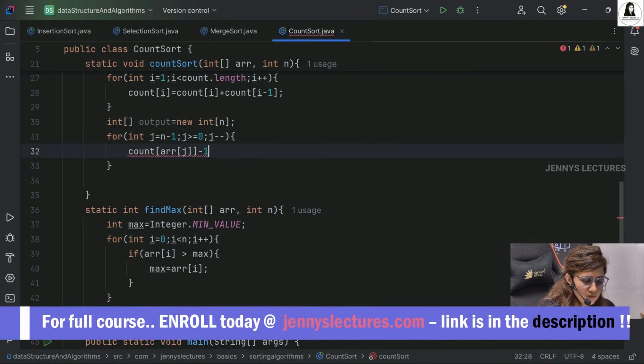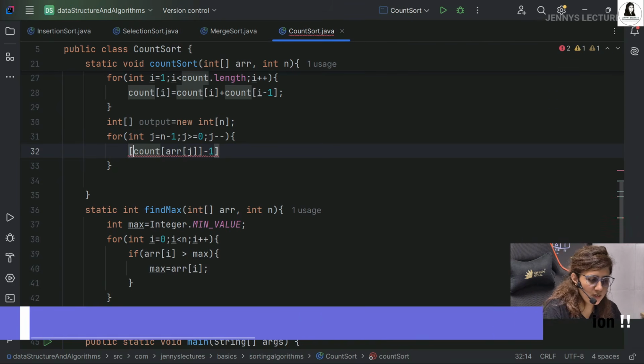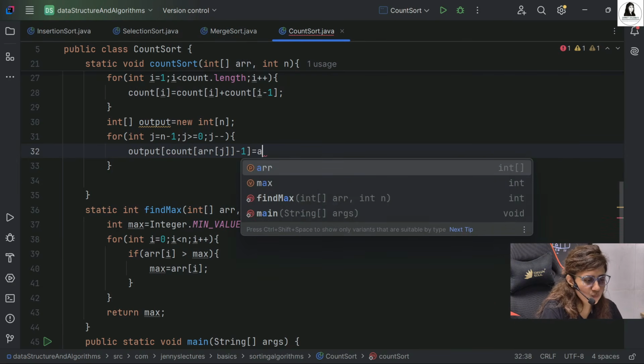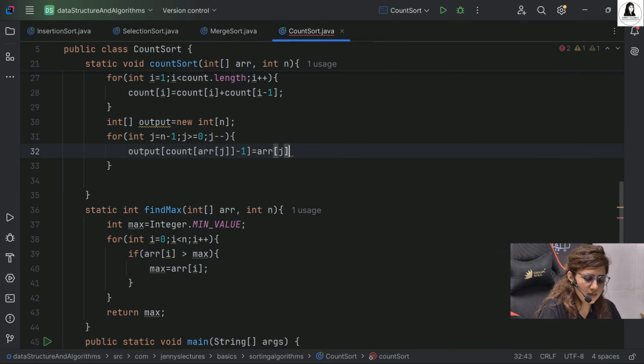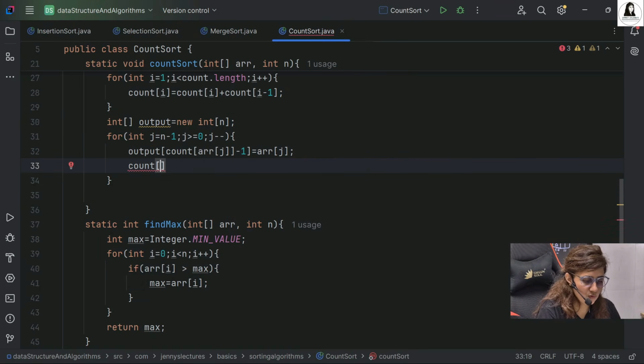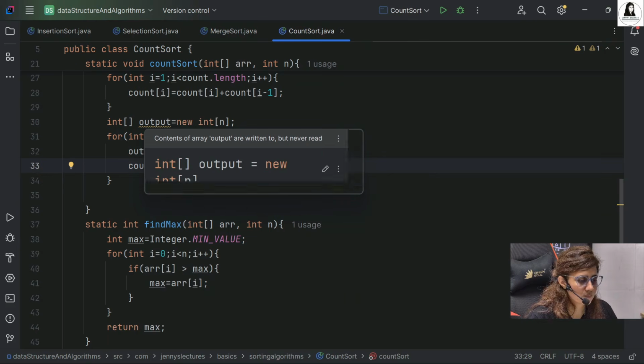We just do minus 1 first, and whatever value you get, that would be the index of my output array, and at this index I will store the value ARR of j right now, whatever j value, and then I will decrement this, whatever count at ARR of j, whatever the value is there, then we decrement this, minus minus. Simple. Okay.